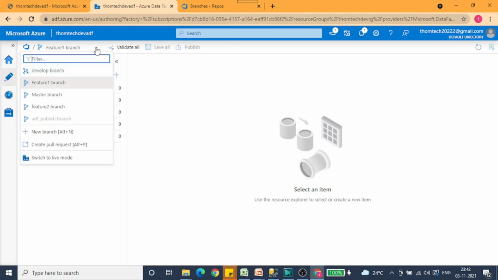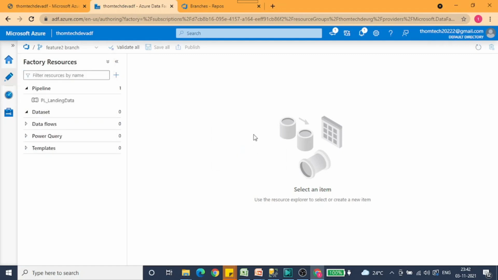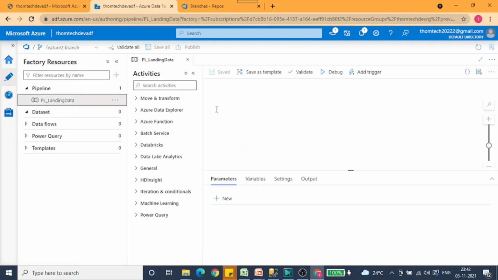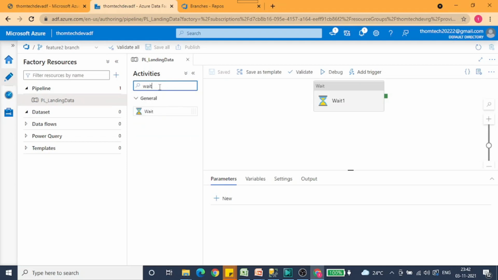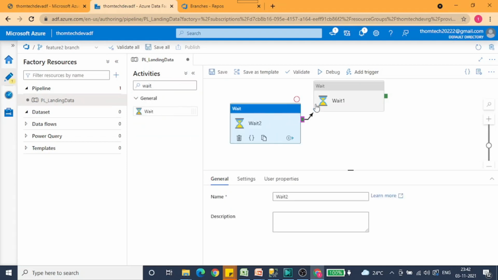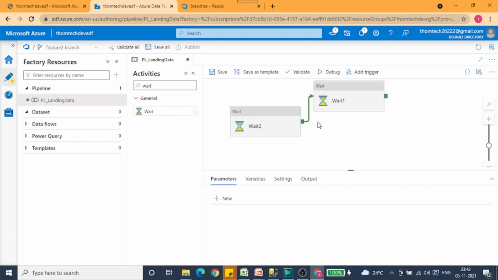Okay, so that's it. And then one more thing I can show you before we wrap up this session. Let's suppose you want to push the changes you made. If you want to create a new branch, it's available over here, you can create a new branch also. Now just assume that this feature branch 2 which you have created has successfully passed QA, and now you want to merge this back to the develop branch. And whatever changes you are doing, let's suppose I am taking one more wait activity, let me pull one more wait activity, join it together, or you can even leave it without joining.